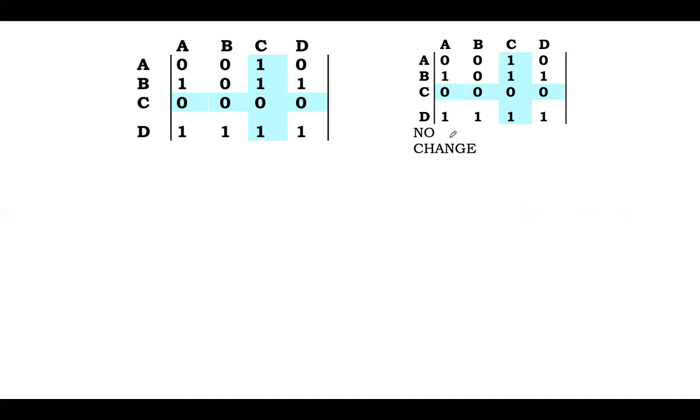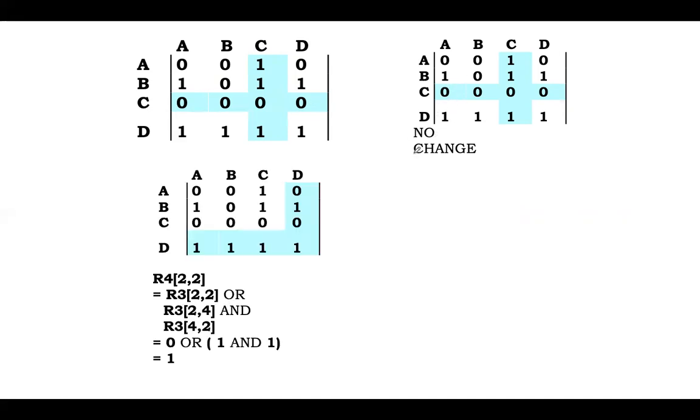And you know that nothing will change because all are zeros here. AND operation will result in 0 itself. So there is no change. This is the output. Next, R4 is equal to,